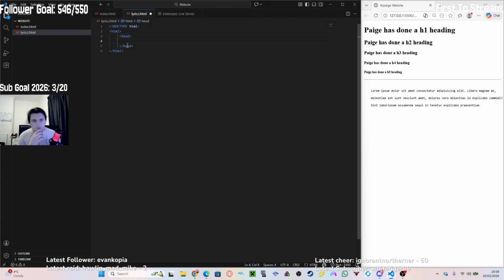I'm not sure if it's like a new Visual Studio Code update or whatever, but for some reason mine is just automatically giving me the end of it. The video I'm watching, he's having to manually type it out. I don't know if it's a setting I've got turned on, but when I search up head, it automatically gives me the end of it. Like when I typed out the opening HTML, it automatically gave me the close. So